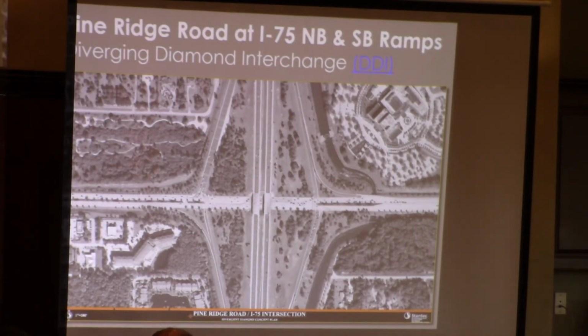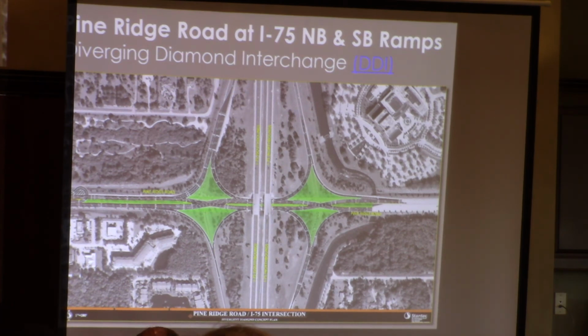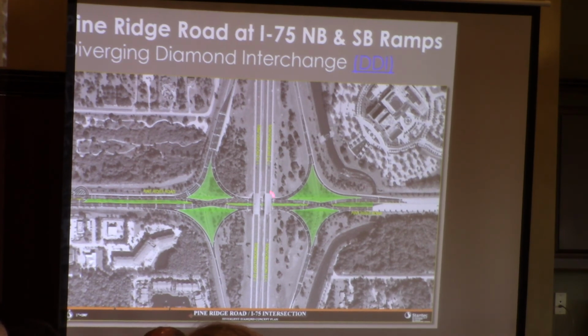I mentioned that we've been looking at Pine Ridge Road and at alternatives to the interchange that would work in a manner that would be lower cost interim improvements without having to rebuild the ramps and the bridges. What we have recommended to Florida Department of Transportation for Pine Ridge Road, and what I think would work really well for the Immokalee interchange, because you do have the pavement, is what's called a diverging diamond. A diverging diamond, this is Pine Ridge Road and the interstate. A diverging diamond is